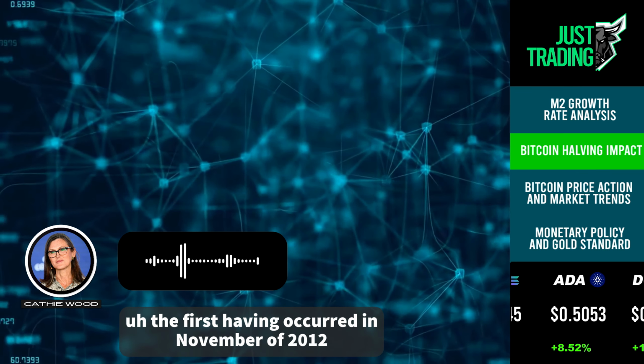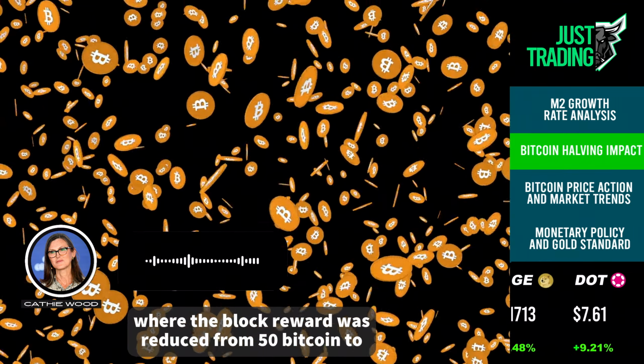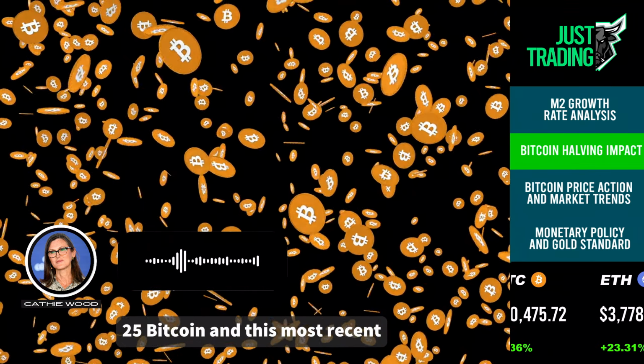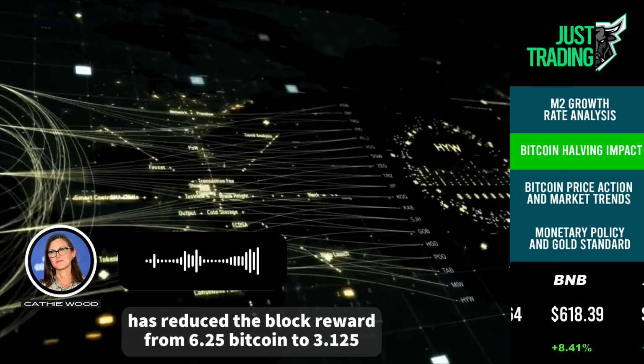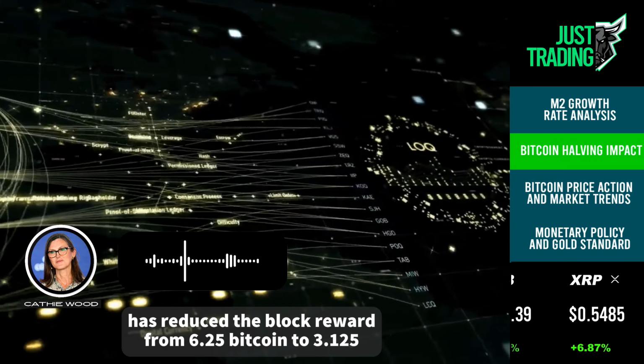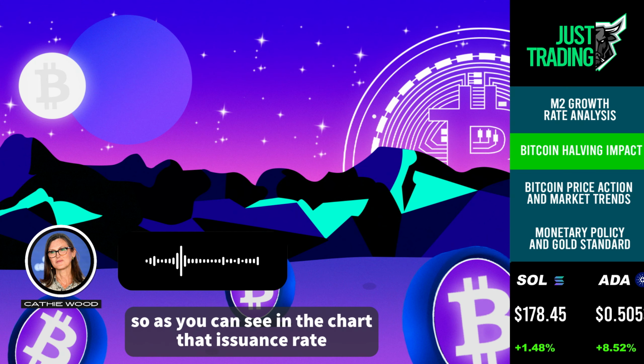The first halving occurred in November of 2012, where the block reward was reduced from 50 Bitcoin to 25 Bitcoin. And this most recent halving has reduced the block reward from 6.25 Bitcoin to 3.125 Bitcoin per block. So as you can see in the chart, that issuance rate